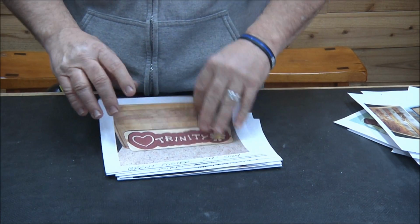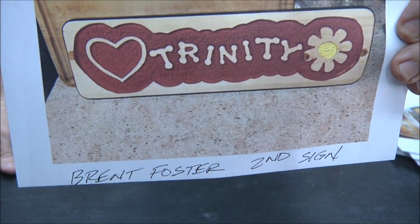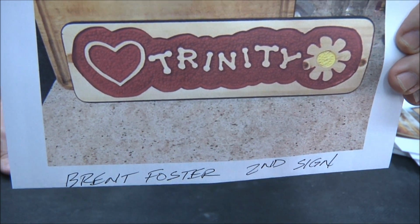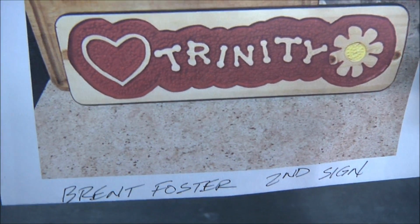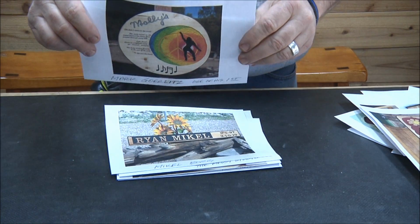Brent Foster, his second sign. Really cool. So Brent made this for a 13-year-old girl that had heart surgery. How cool is that? I bet he put a smile on her face. Very nice. Great job. And this is Mark